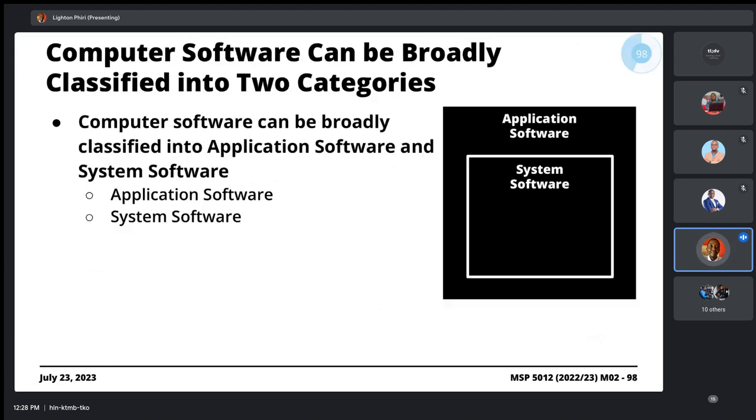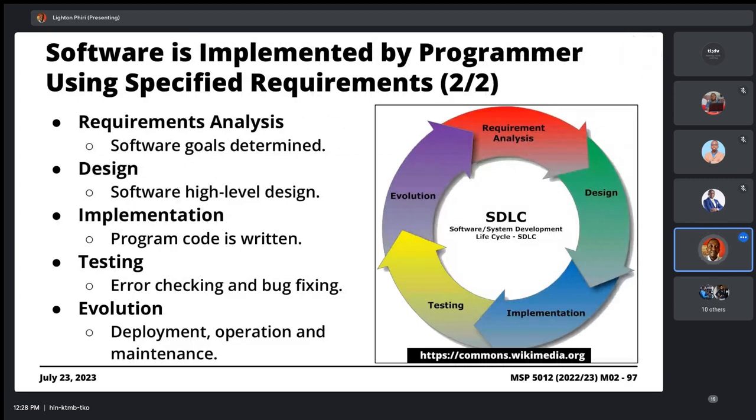I hope this is clear enough. I don't know if there are any thoughts or comments about the SDLC lifecycle. I would especially be interested in finding out if some of you have been invited to participate in these requirements gathering exercises. Typically, these will manifest themselves as workshops, right?